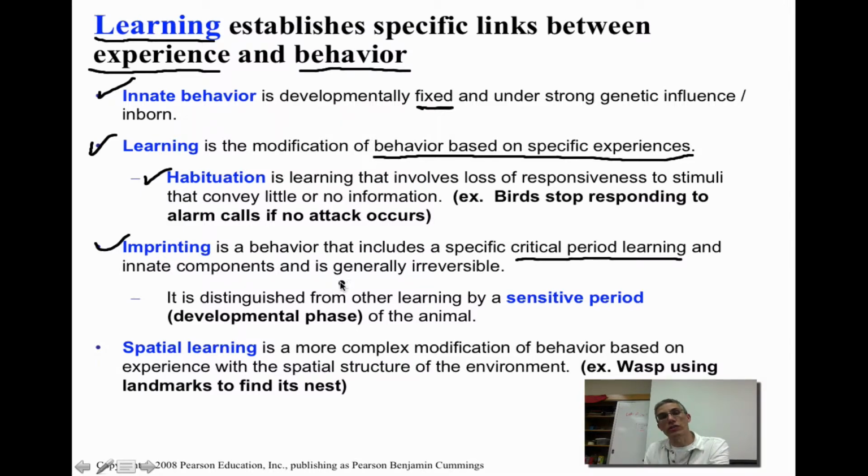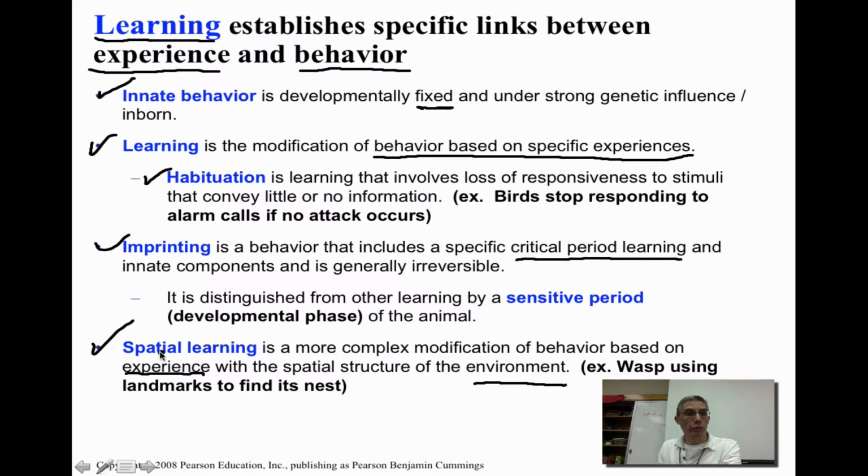What you notice there is that once these animals hatch, they tend to imprint on the very first object or organism that they see. Sometimes that object or organism isn't necessarily their biological parents. This would be considered that critical period of learning for that animal. Sometimes they call it a sensitive period. For these animals, they end up basically following these animals around. In other words, it's irreversible. You can't change it because now they consider that object or organism to be their parent. So that would be considered imprinting.